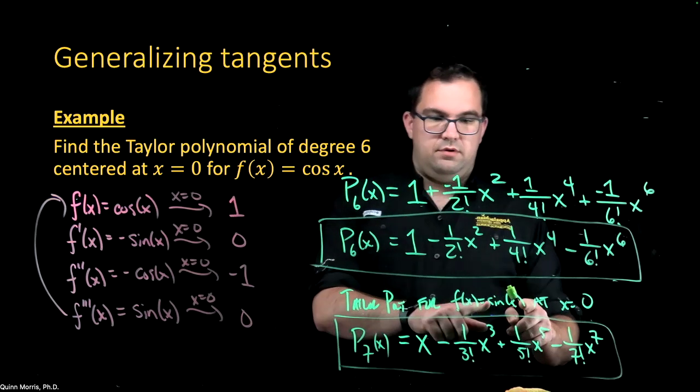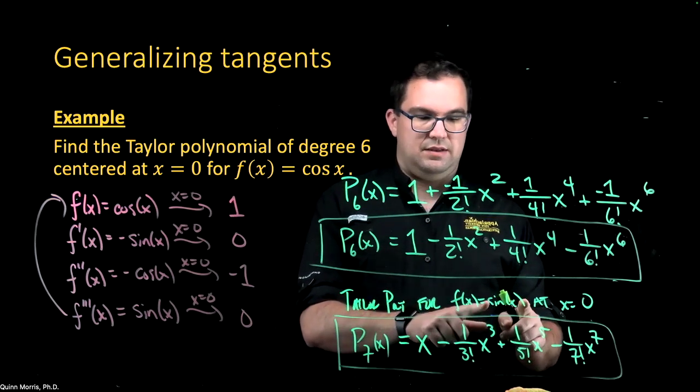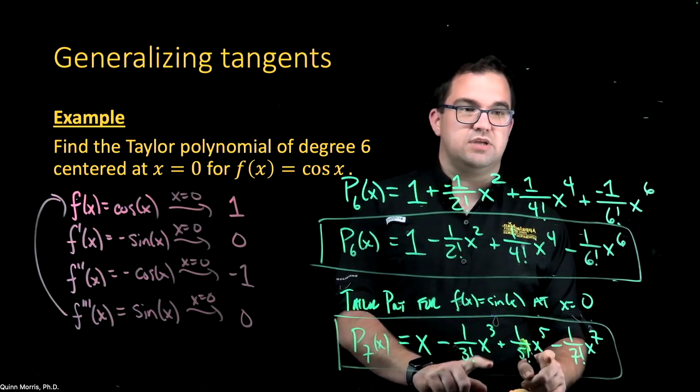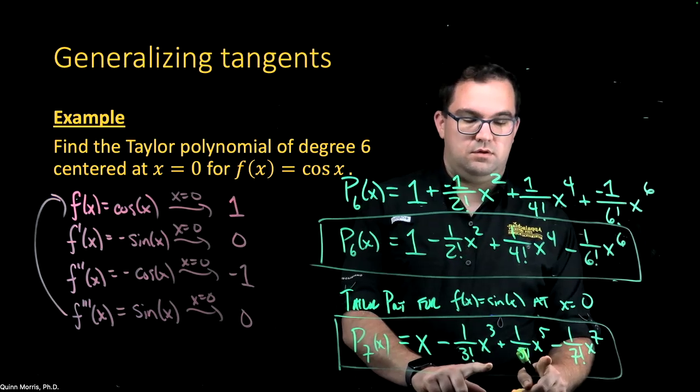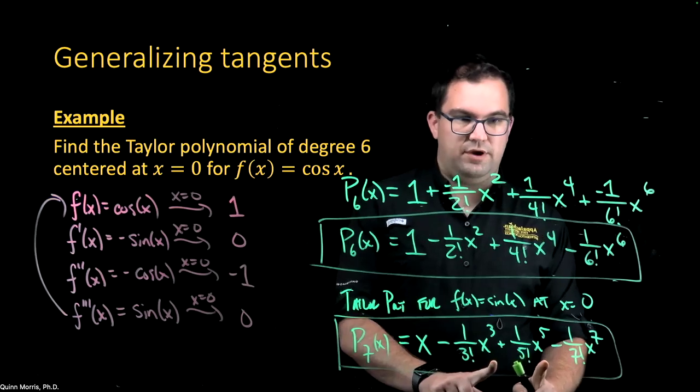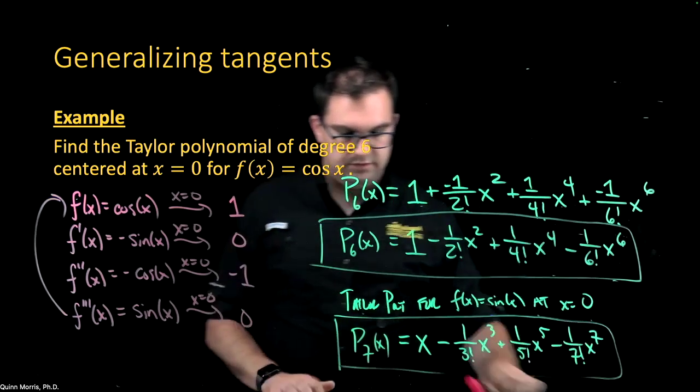What I want to point out through these two examples is that this is a Taylor series for cosine. This is a Taylor series for sine. Sorry, a Taylor polynomial. So the Taylor polynomial here, if I take a derivative of this,